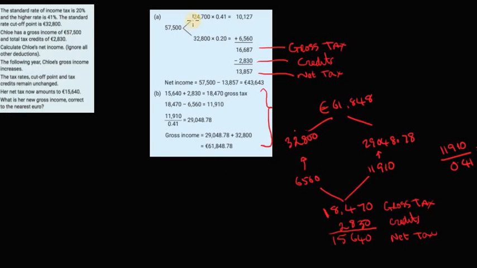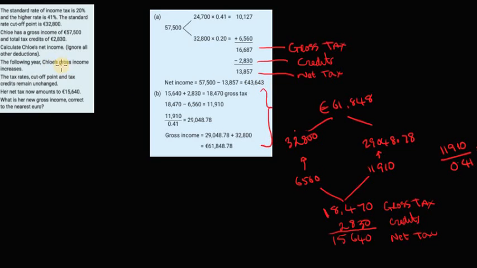This is from the book, so you can see they don't quite follow the same. They do their arrows going left to right, as opposed to we go from the bottom up. However, it's still the same way. Part A, we have to work out Chloe's net income. So we have our 32,000 cut off at 20%, the other at 41%. We add these up to get the gross tax. We then take away the credits, gives us the net tax. So her net income, which is the question for part A, is equal to her gross salary, take away her net tax, gives us a net income of